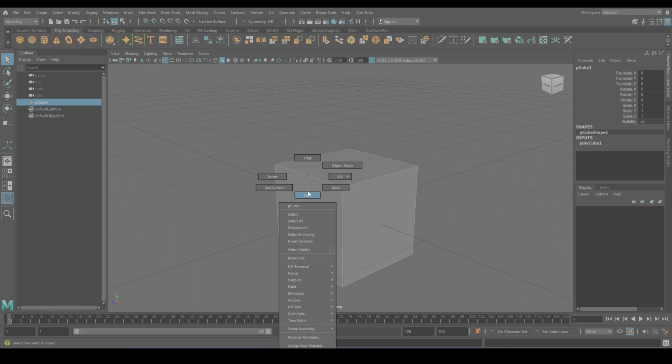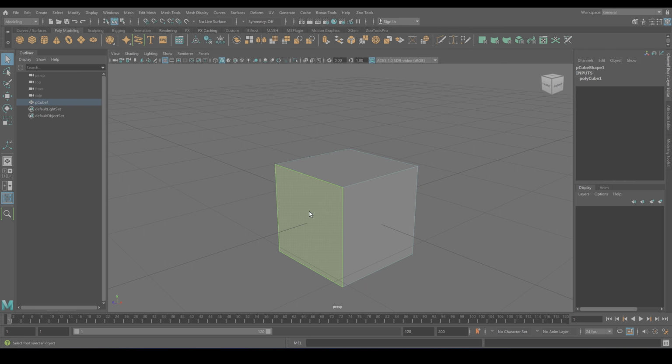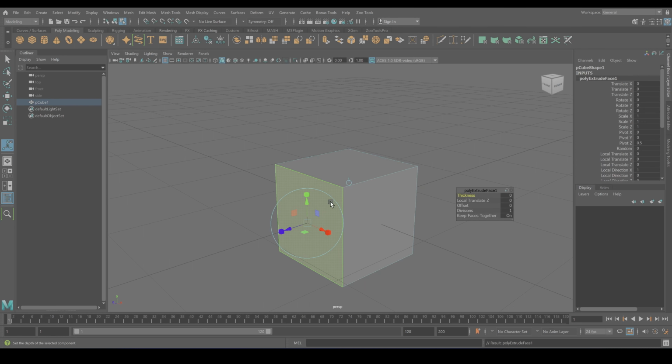So when just looking at a single-sided face and I'm starting to extrude and I'm using the thickness and comparing it to the local translate Z, I'm not seeing any difference. Both functions extrude the face in a similar manner along the axis.